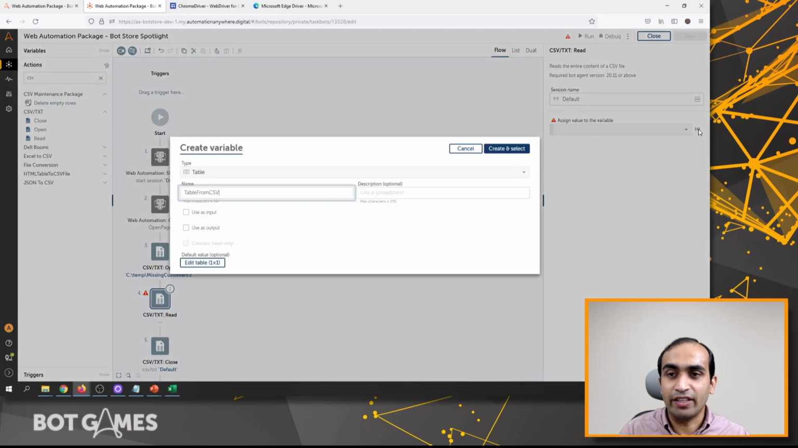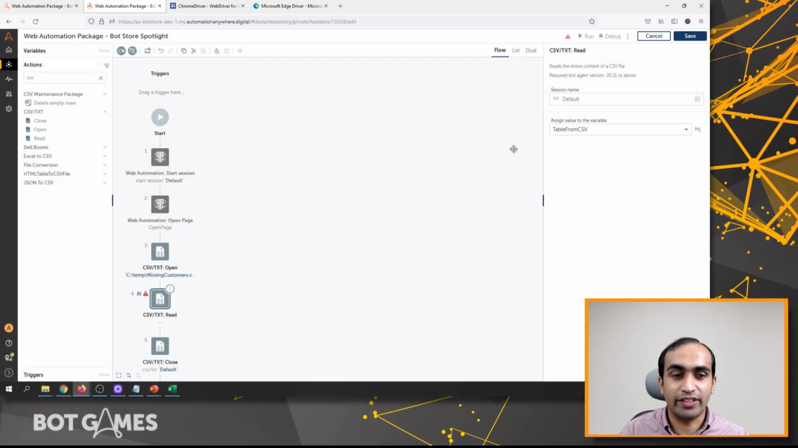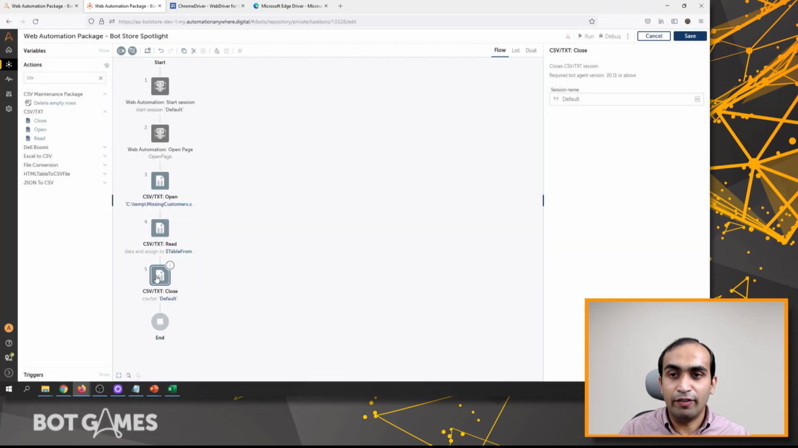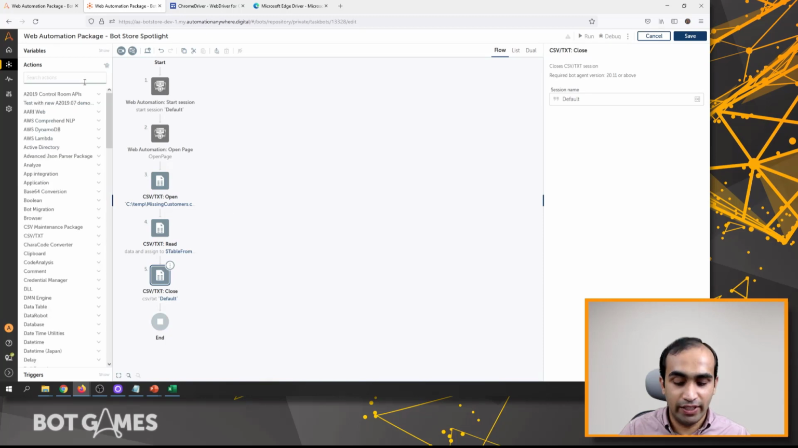I'll create a variable. I'll leave the default name as table from CSV. Click on create and select. And then we will also close this session since we have already read the data into a data table variable. Let's loop through each of the rows in this